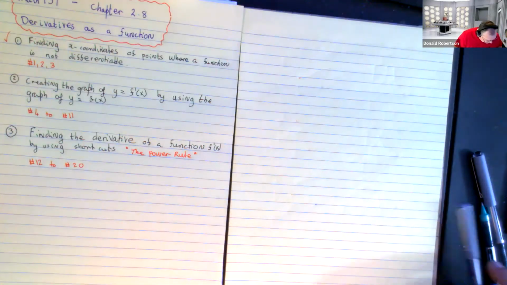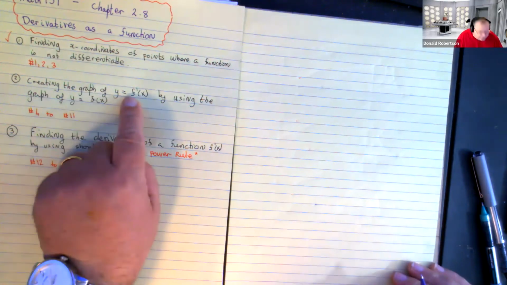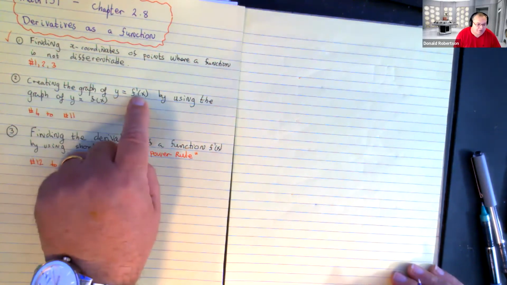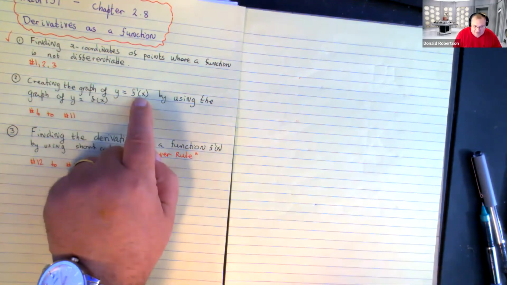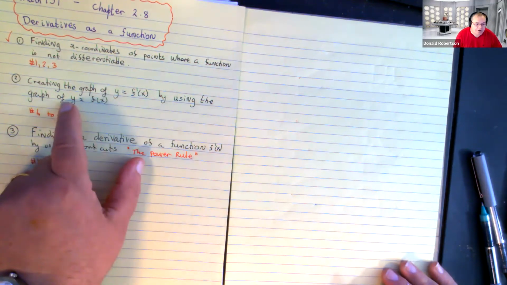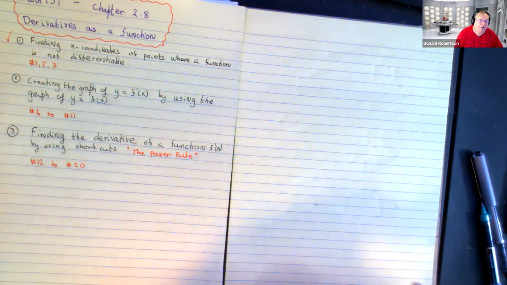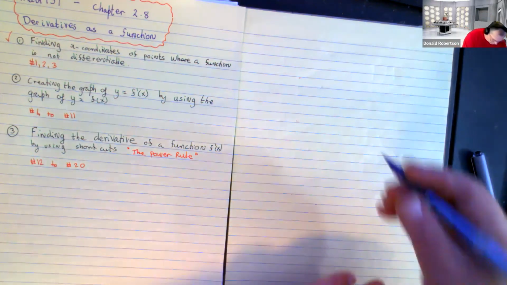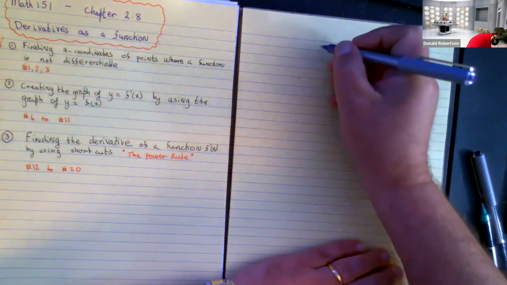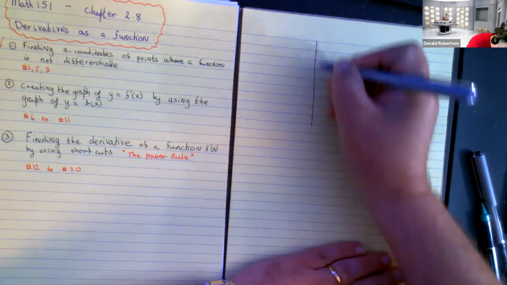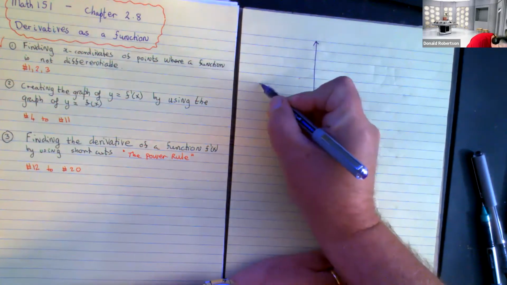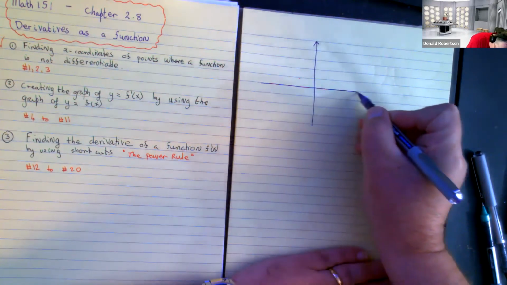Now, the next thing we're going to be doing is creating the graph of y equals f dashed of x. In other words, the derivative. And we're going to be doing it because they're going to give us the original graph. So, what is a derivative function? It's essentially